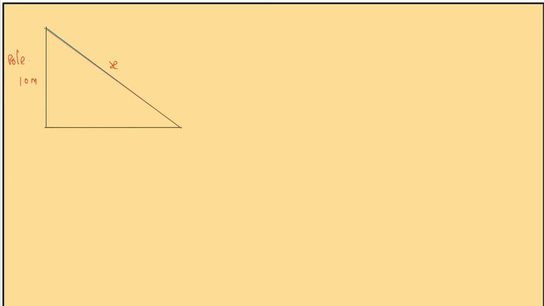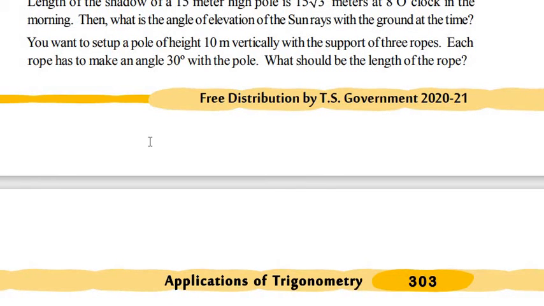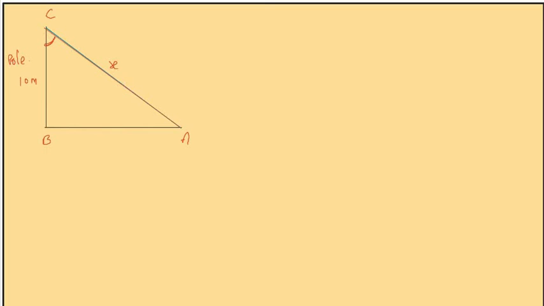This is X. Triangle ABC. Where is the angle they give? At A they give or C they give? At C. With the pole they said, right? This is 30 degrees they give. Good. Now, tell me what they asked, what they have given. Theta given? How much? 30 degrees. And what else they gave?